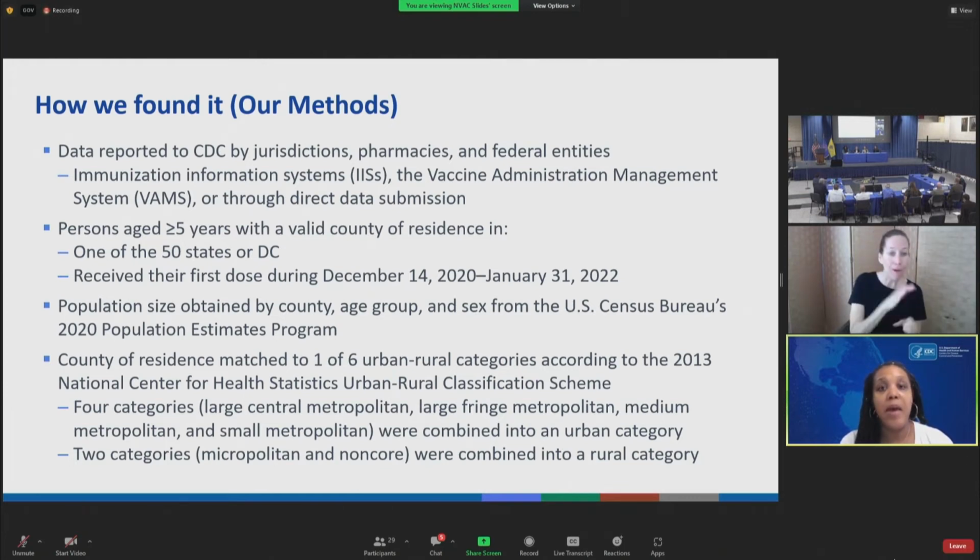So, similar methods of analysis that are used when looking at anything related to vaccination. But I think we were able to home in on exactly where disparities were in urban and rural, and start to, again, give ourselves a place for beginning to understand a little bit more about why those things might be happening in the future. So future analyses include